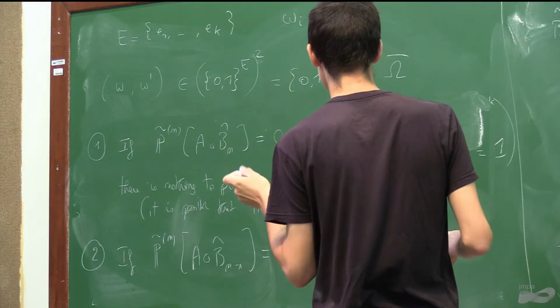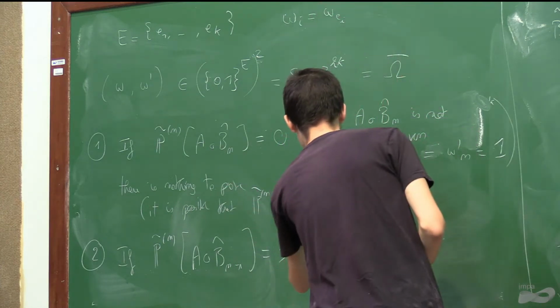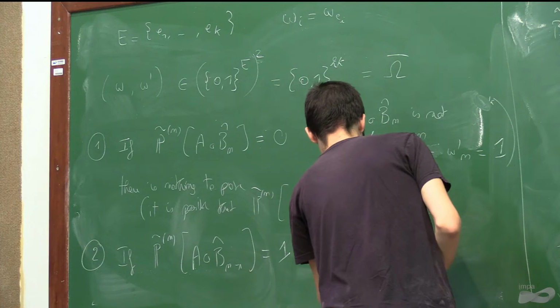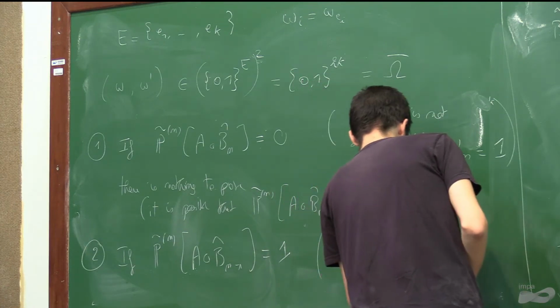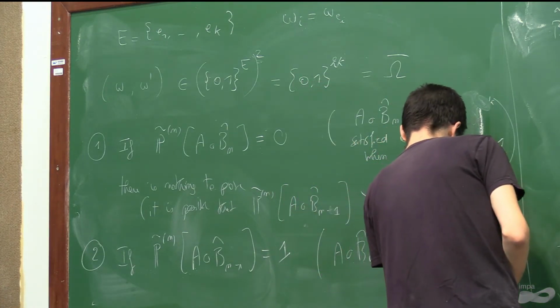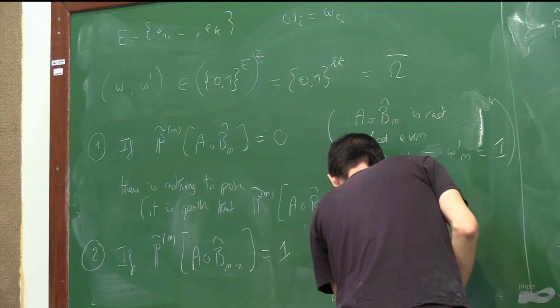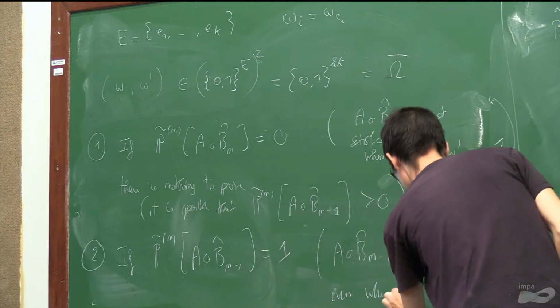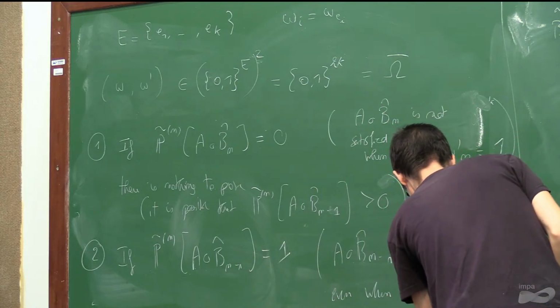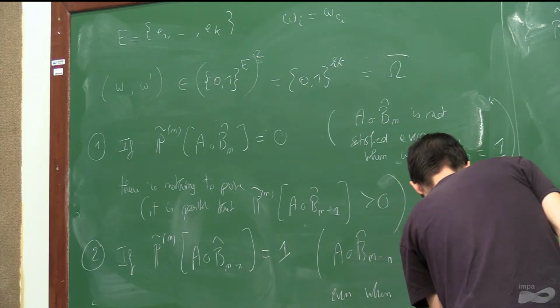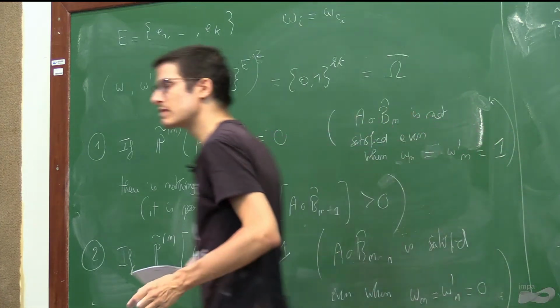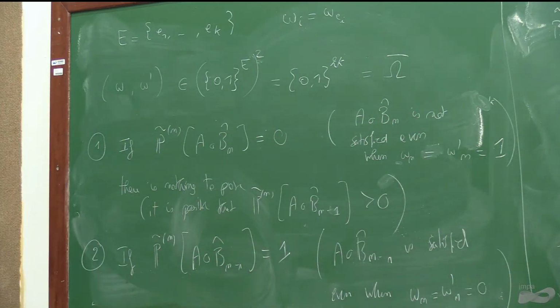Okay, so this means that A Pn minus 1 is satisfied even when omega n is equal to omega n prime is equal to 0. So even when both edges are closed, this thing is satisfied. Well, in that case, it's not difficult to show that